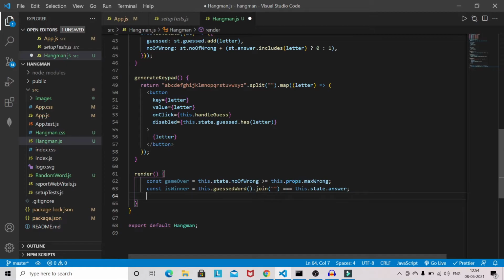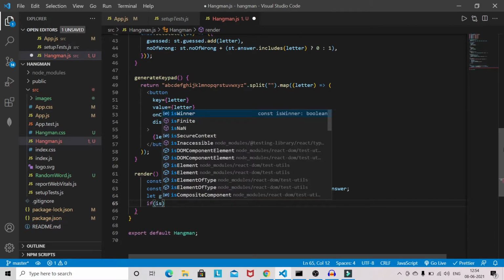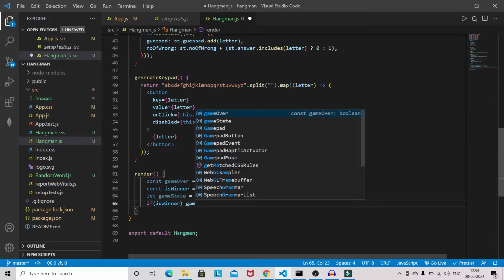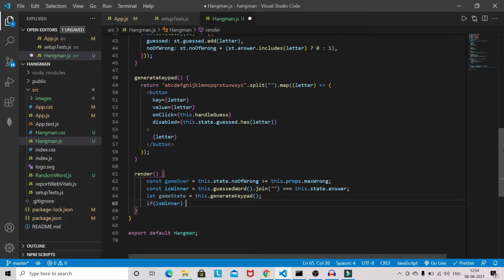Now we'll have a gameState here. So this.generateKeypad. Now if isWinner, then the gameState will be: congrats, you have won the game.